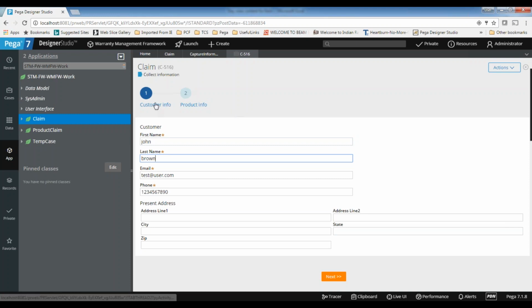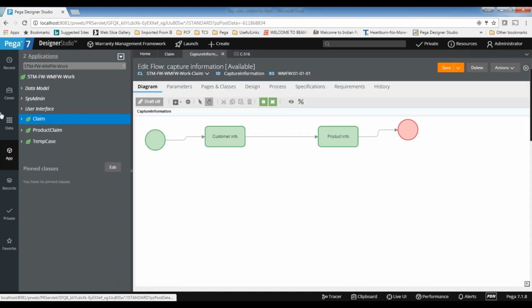But sometimes we need information from the second screen in the third screen, and third screen information in the fourth screen. In those cases, we should not allow the user to jump directly in the forward direction. But in the reverse direction, once the information is provided, you can jump back anywhere. Once you are in the 8th stage, let's say, you can directly jump to the first stage because you already provided the information. So in the backward direction you can jump to any step, but if you want to stop the user from jumping in the forward direction, you need to do this configuration.